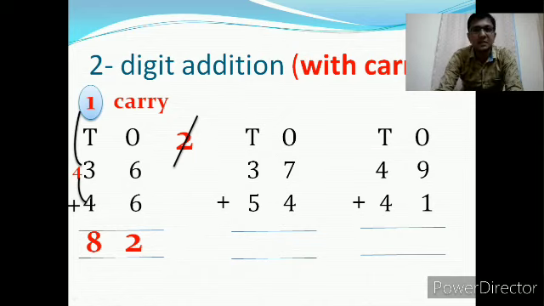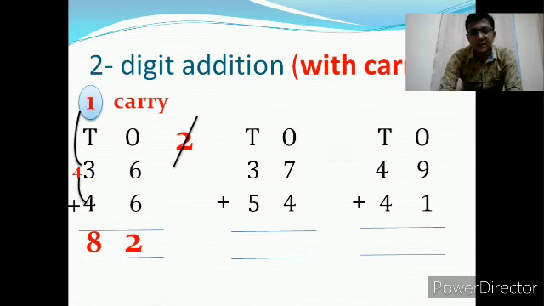That means carry must also be covered. Carry must also be included. You should not neglect the carry. Whatever the carry you got, you should carry it forward to the next place value, and there you have to go on adding the digits. And whatever the addition you got regarding those digits, you have to place here. Similarly, two more problems are given. Let us see them.